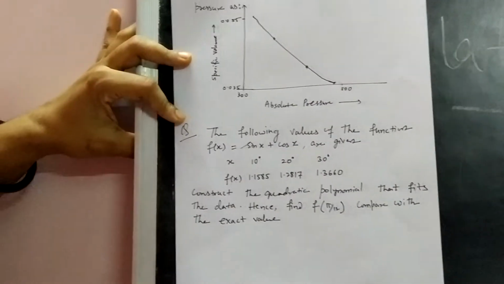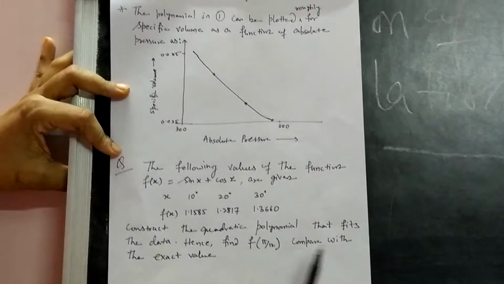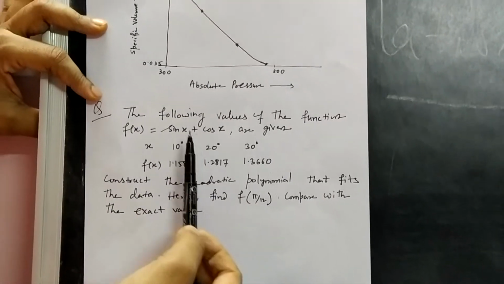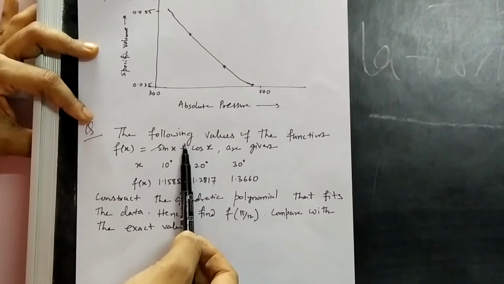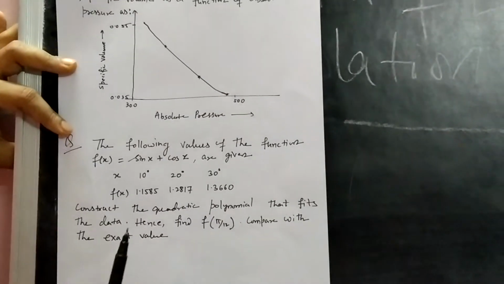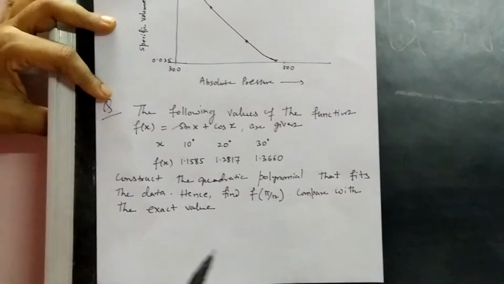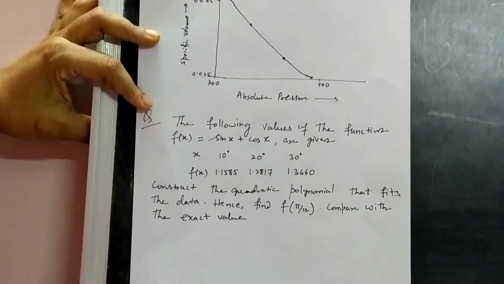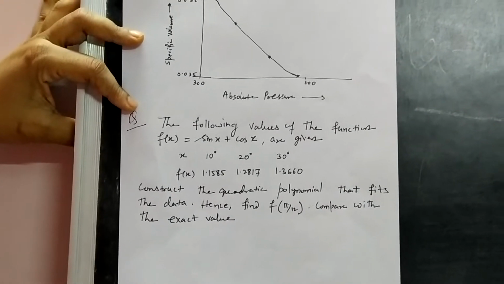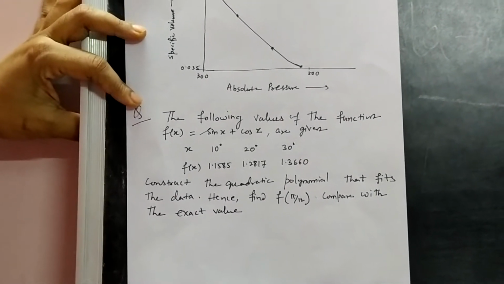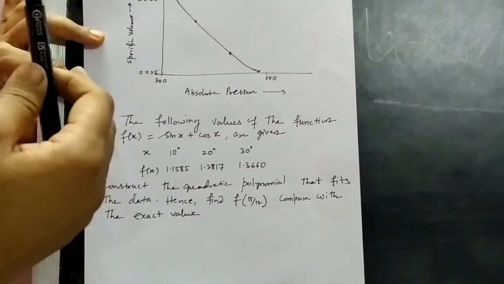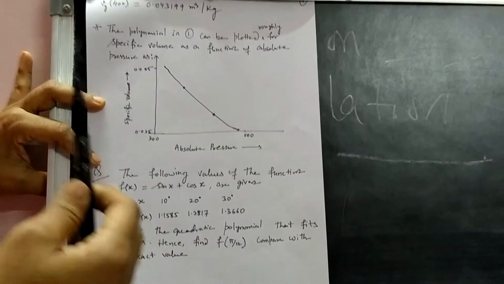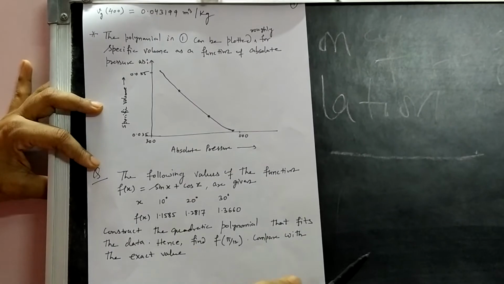How can we know this? We can compare this with the exact value, because with the help of a calculator we can substitute the value pi by 12 and compute this value. So that will be the exact value. Now you may ask the question: if the exact value is known, then why are we applying the Lagrange polynomial and finding these values? This is to test. We want to test whether this Lagrange polynomial gives accurate results. If it is giving good, correct results for some known functions, then we can freely apply it to some advanced real life problem.